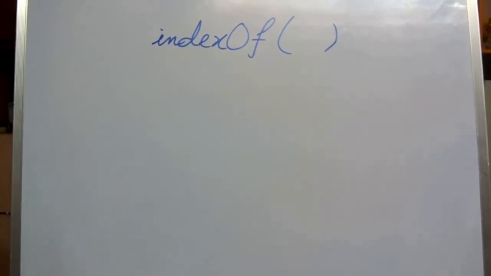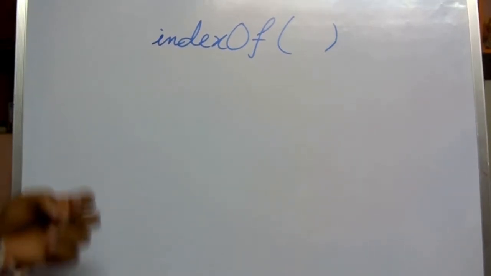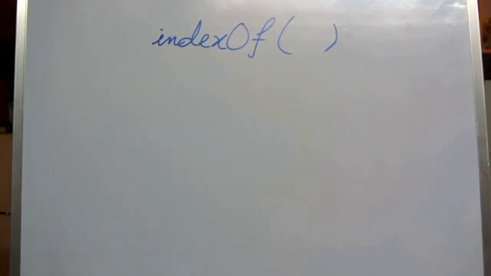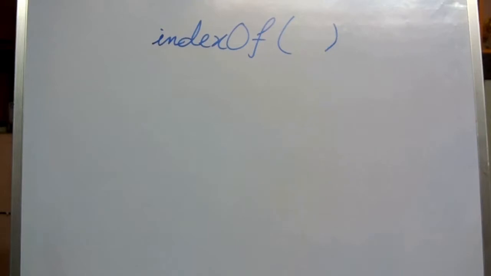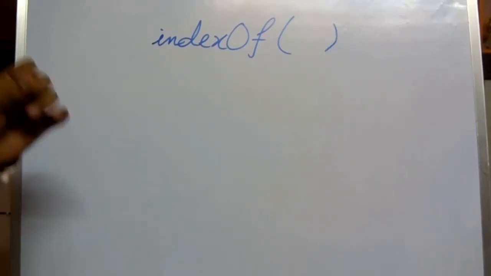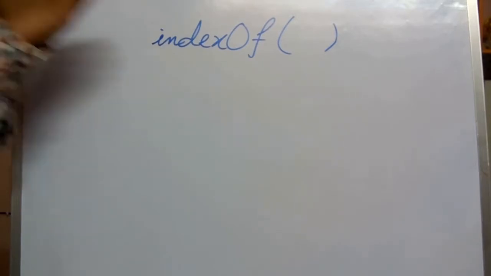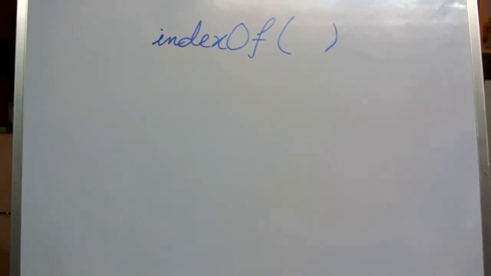What was the charAt method? In the charAt method we extracted a character, so its return value was the character and its argument was an integer. From any integer position or index it returns the character from a particular string, and the indexOf operator does the opposite of it. It takes a character as its argument and returns an integer. Okay, so let's start.